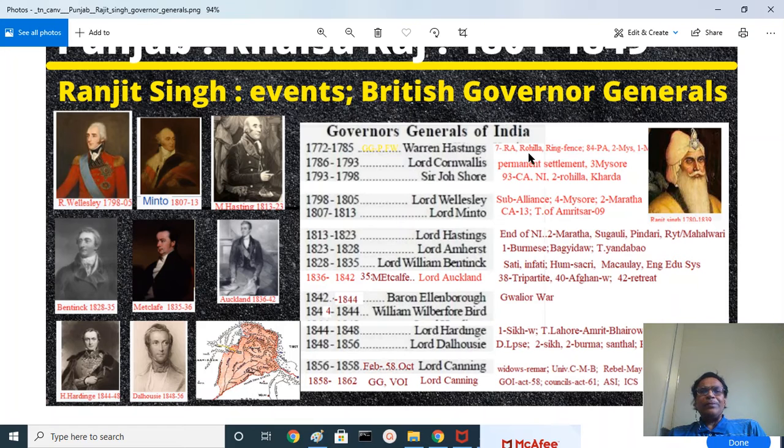Under his regime, the Rohilla War was fought. Rohilkhand, that is Rampur, Moradabad, Aonla, Bijnor, Badaun, all these regions west of the River Ganga, were annexed. Only a residual Rampur was left as a Nawabi. The Rohilla War and the ring fence: it is Warren Hastings that formulated the ring fence. Ring fence means essentially not outrightly annexing the territories but co-opting them. That means an invisible British frontier was established that local Maratha rulers simply failed to grasp.